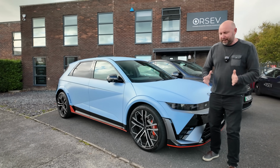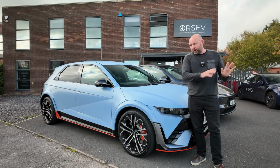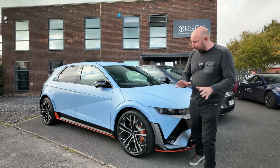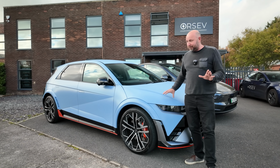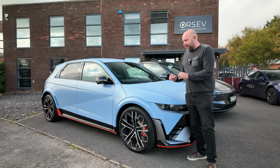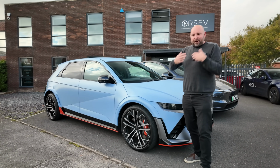It's a better Jekyll and Hyde. It still does the refined, quiet, silent EV thing really rather well, still practical, but then it goes to savagery. It's got different characters. It can go to a complete beast of a car, sometimes too much. You've got to watch your driving licence when you're driving this one, because it's always kind of egging you on. But it has that savagery, it has a better steering feel,